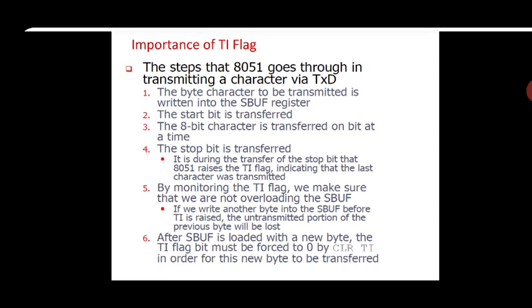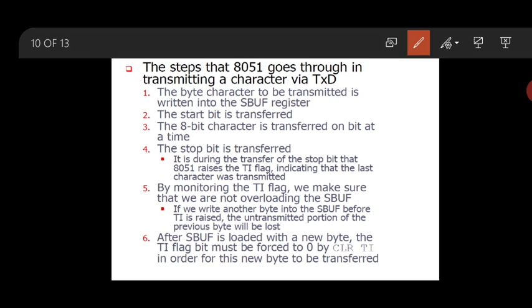Now let us assume I take something like 8 bits here, 0011 1111. In total how many bits will be there here? 1, 2, 3, 4, 5, 6, 7, 8. This is my lower nibble and higher nibble. There is one extra bit each, the start bit and stop bit. In total how many here? 10 bits. The start bit is transferred. Which will be transmitted first here? The start bit will be transmitted.